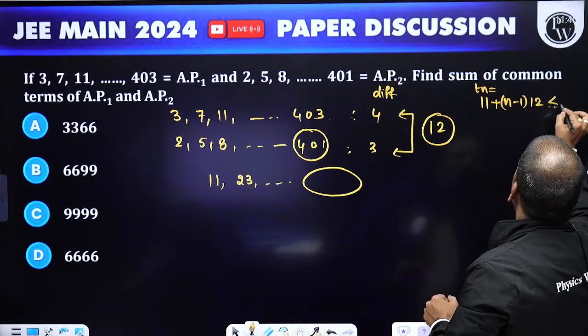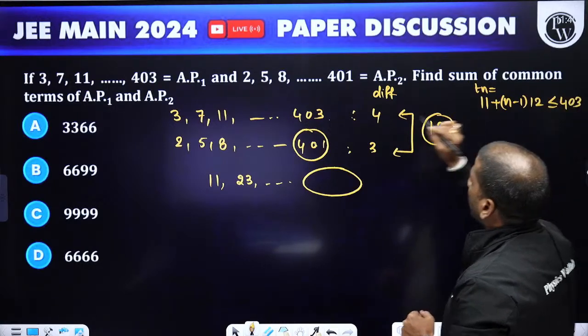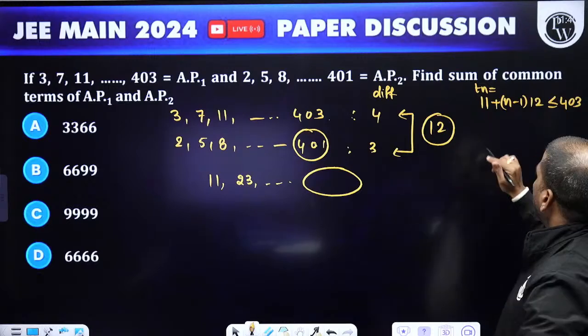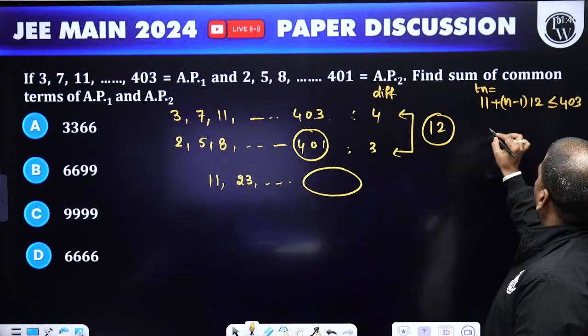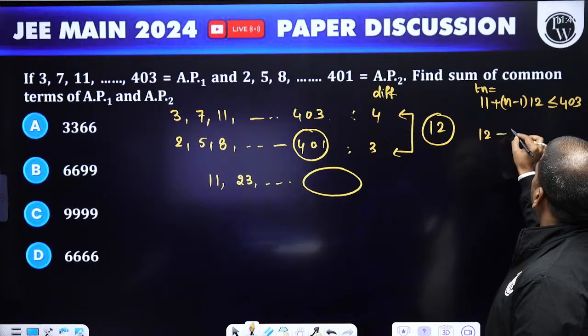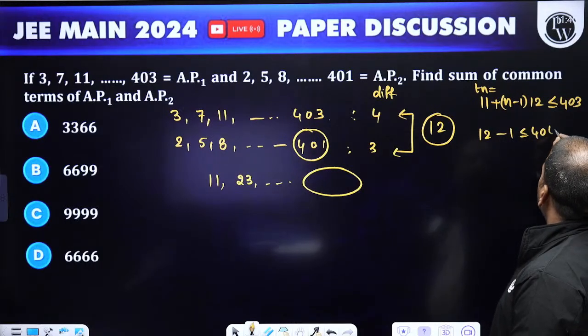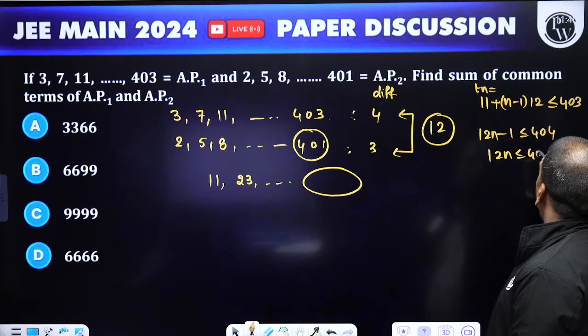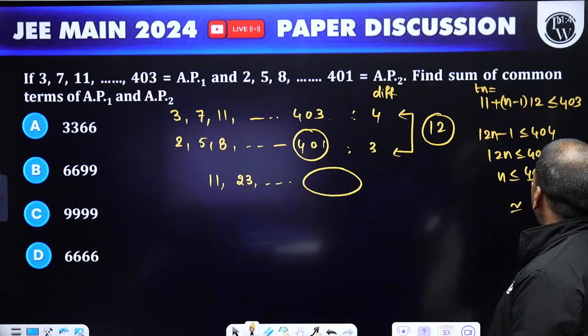This must be less than or equal to 403, or 401, right? So now what you would get, 12n minus 1, which is less than or equal to 404, 12n is less than or equal to 405, n is less than or equal to 405 by 12, which is approximately